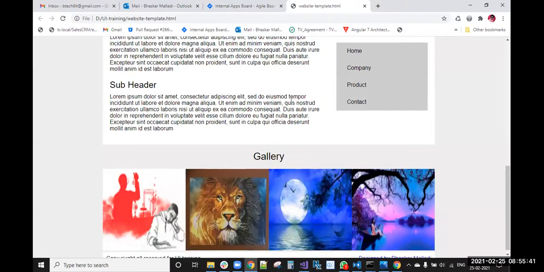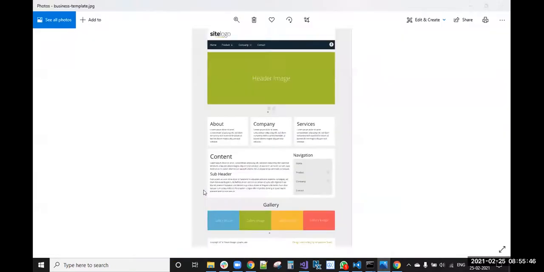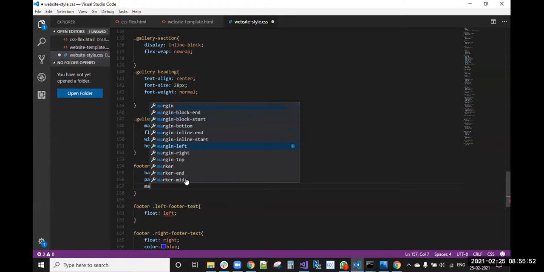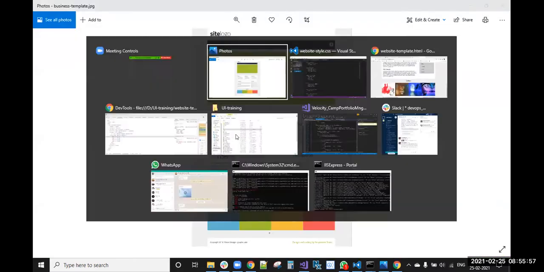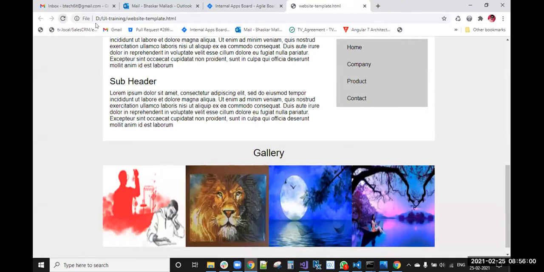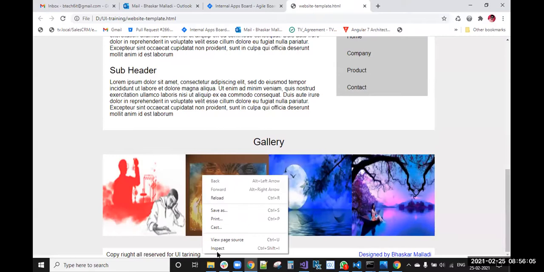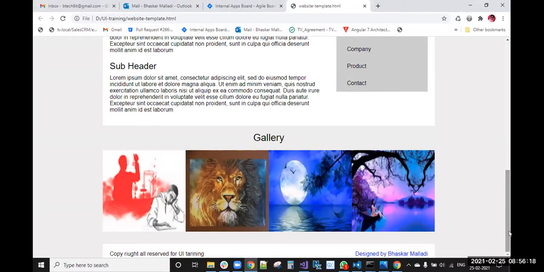Then you can see that, and we have some margin, for the footer margin top we will apply 30 pixels. And here footer padding is not applied. Padding will increase. Good, good, good.